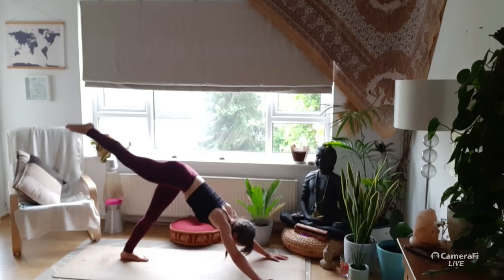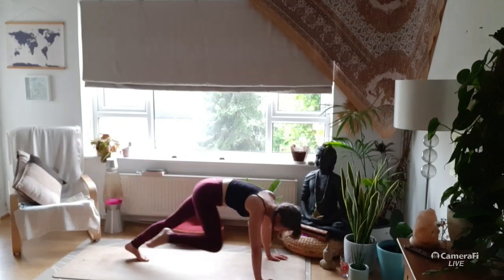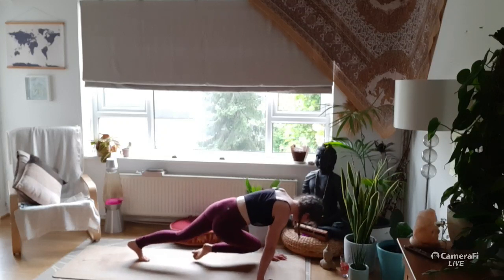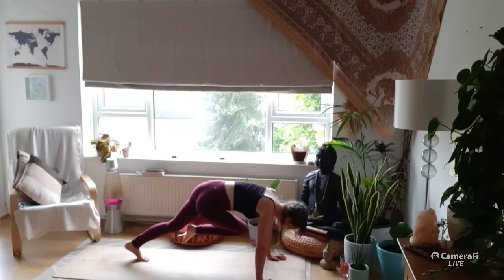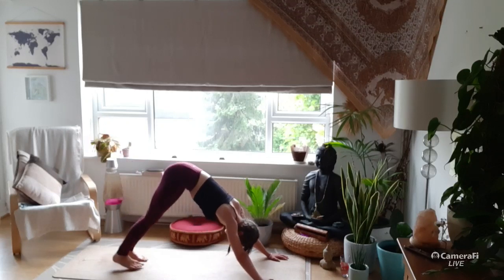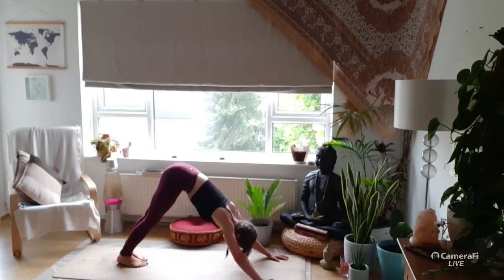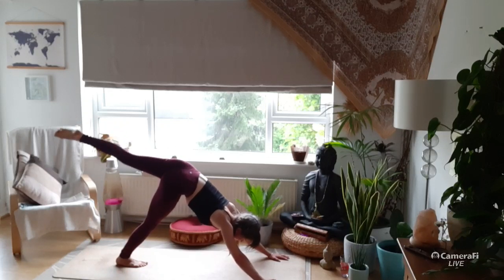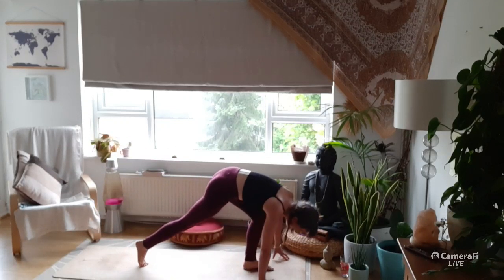Left leg into the air. Left leg across to the left elbow. Then down to the left wrist. Across to the right wrist. Up to the right elbow. Inhale to the sky. Exhale to release. Inhale, lifting your right leg to the sky, drawing the foot in between the hands,